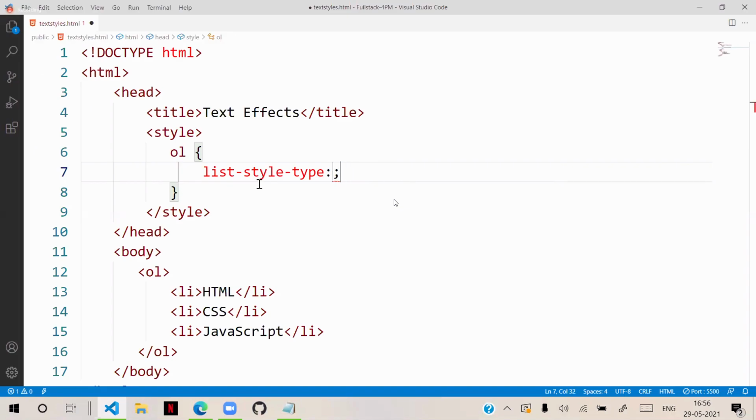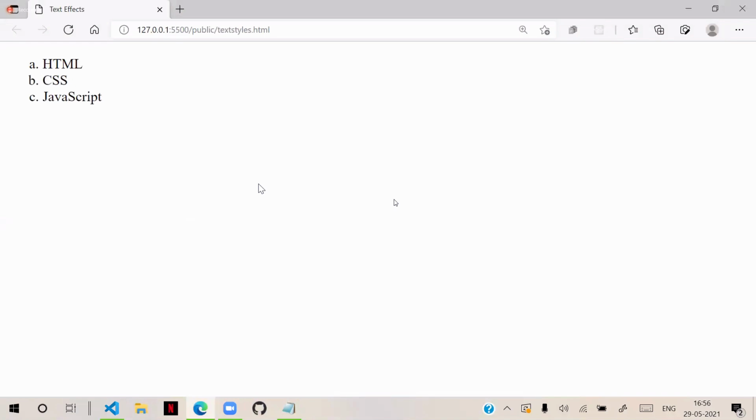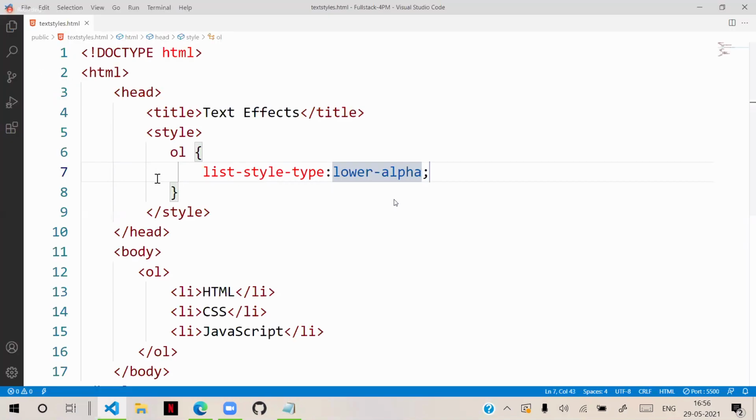You can keep lower alpha, lower alphabets A, B, C, D. Even if it is an ordered list or unordered list, you can change the type here itself. Earlier we learned that an ordered list has types like A, B, C, D, 1, 2, 3, while an unordered list has symbols like circle and square.